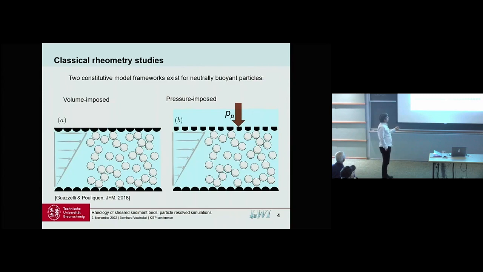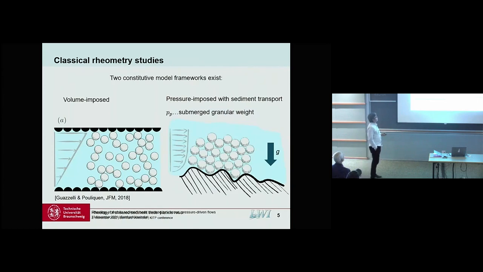Another way to think of it is that you have the upper wall movable not only in this streamwise direction, but also in the vertical direction, because as you increase the shear rate, you would see that particles are dilating as they slide past one another. So volume fraction becomes a function of the shear rate. And so if particles want to expand, then they can do that by moving this upper plate vertically. And the way we work against that is by a pressure that we impose from above, which we call the particle pressure. This scenario is very interesting in terms of sediment transport, because it bears analogy to sediment transport when